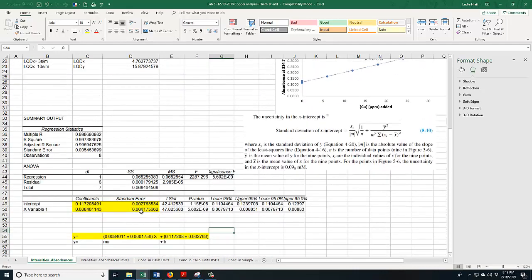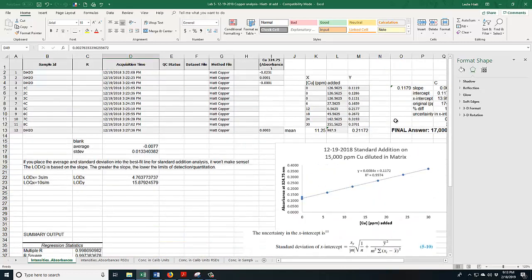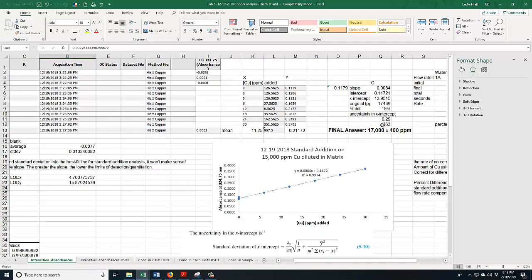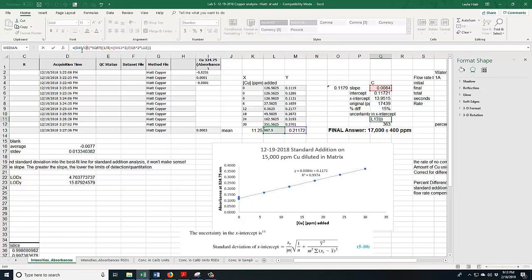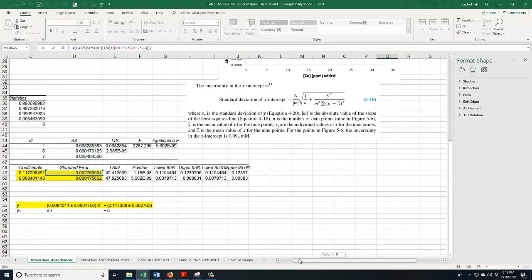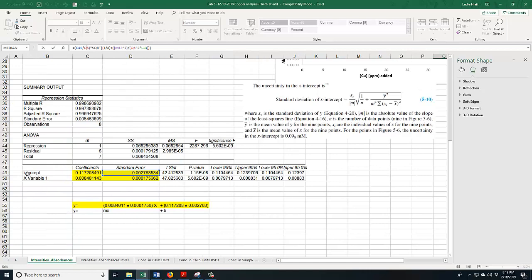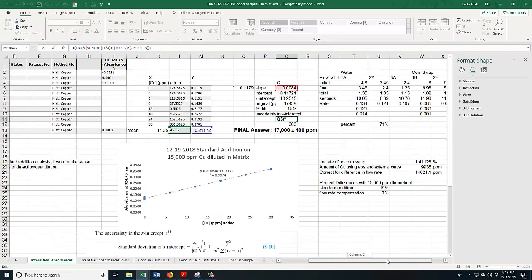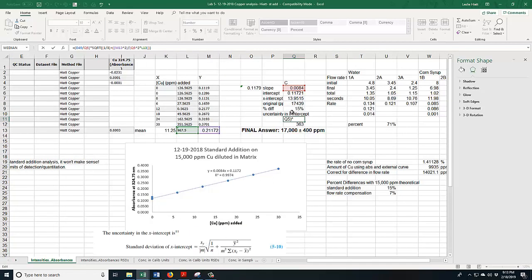Now, in addition to that, I now know what my SY is, which is my standard error about the y. So if I come over here to this equation, you'll note the first thing that I did was I took D49, come all the way down here, and this is my standard error about my intercept, my B, my standard error. Okay, so that's the first step. Then it says divided by the absolute value of my slope. So here's my slope, times the square root of 1 over my count, so I counted, there's 8 data points,